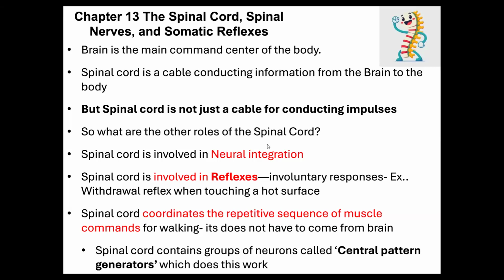For example, when you're walking, you are having a lot of impulses because when you walk, you have to move your left leg, then you have to move your right leg. So there's a lot of flexion, extension, a lot of things happening when you're walking. And the brain is not giving the order every second. It is actually the spinal cord which does all that. So if there's something which is repetitive, the spinal cord takes over and does it. So there's a lot of integration, neural integration happening in the spinal cord.